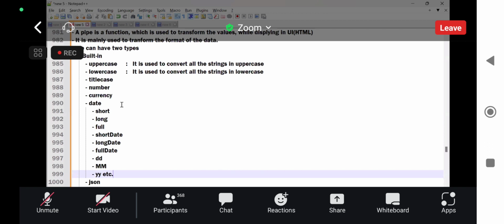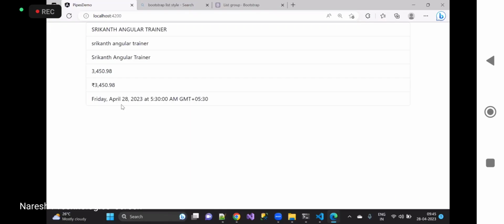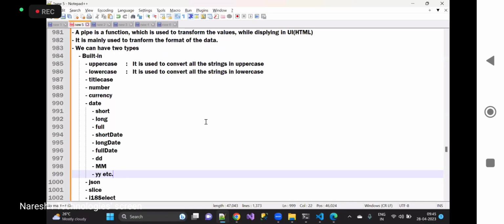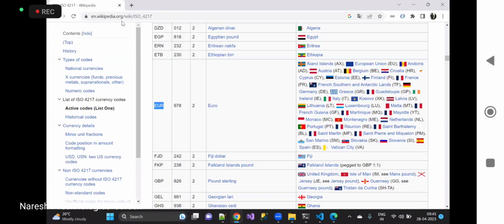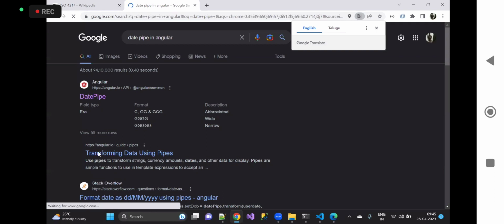Okay, so this is how it is going. The date time is showing GMT plus 5:30. I don't know exactly why. But we have time also. For the date pipe, we have a lot of options, guys. If you open the Angular date pipe documentation,